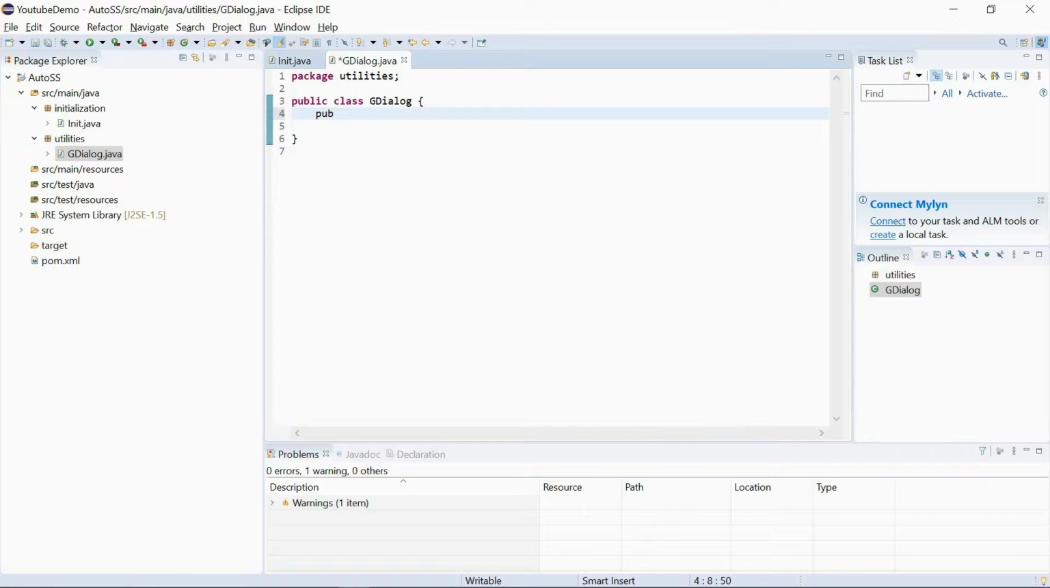public void. I'll give the method name as fn_generate_dialog. So this function is to generate dialog boxes. So for the timing I will just write,